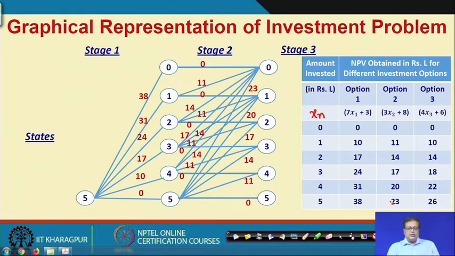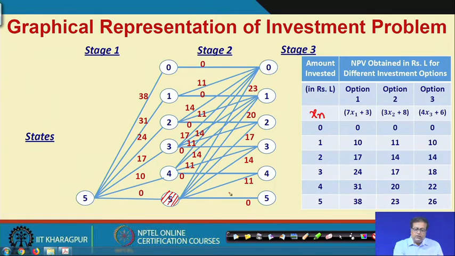So, how these things can actually be coupled in this particular diagram. Let us look at, supposing for example, that in stage 1 you have not invested anything. That means we are in stage 5, this is where we are when it comes to the second stage. Now from here, at stage 3, the last stage, you can have one of those 6 states. Either you have the entire 5 lakhs available, or 4 lakhs, or 3 lakhs, or 2 lakhs, or 1 lakh available, or nothing available.